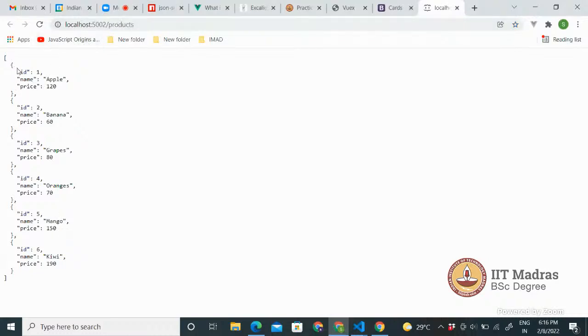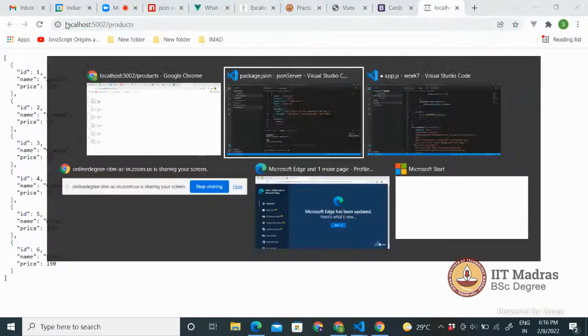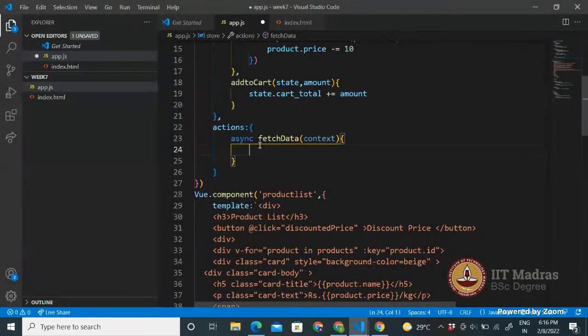So now, in our application, since we mentioned that inside our mutation we cannot make asynchronous calls, ideally all these products we would have to fetch from a server. So let's go ahead and try to fetch it from here, right? So over here in our app, we have created this method called fetchData. And in